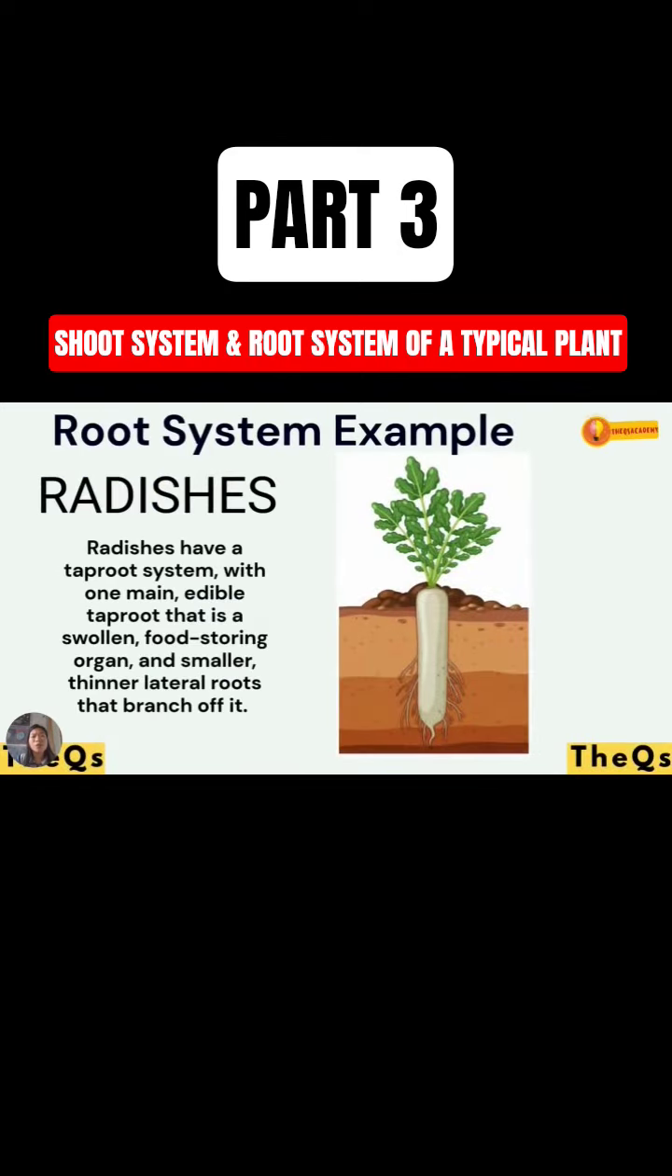And let's talk about the root system of radishes. Radishes have a taproot system with one main